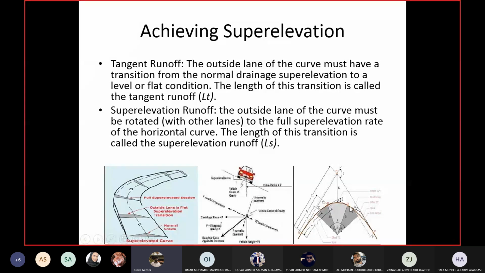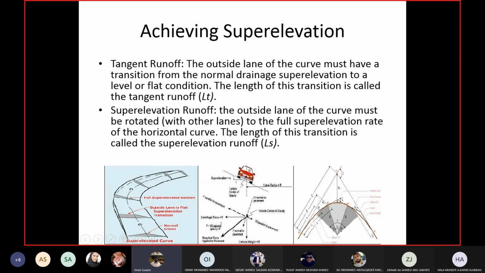Now your curve can begin. So your curve will begin from here to here. The light gray portion is the actual circular curve, and then you have the transition curve again, and then you have the tangent again. So this is the position when the curve should begin. This should be the position of the cross section of the road when the curve is beginning. This is what they are indicating here.